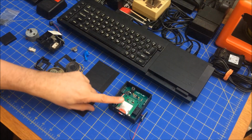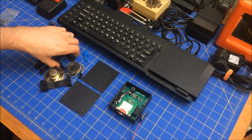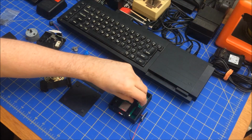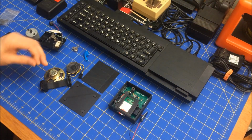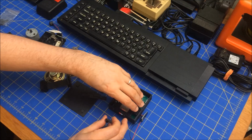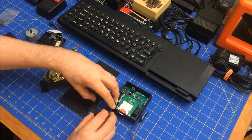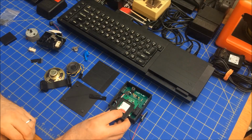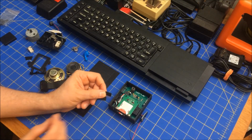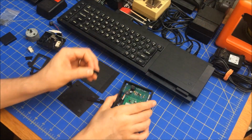And this is, I modified this. This is normally higher. Generally it comes with this piece, which I believe goes in here like that. It has a faceplate that sits in the front, and then it has this piece right here where this goes to the motherboard. So it adds a bit of height to the motherboard, and the height it adds is this height right here. You can see there's a pin that sits on top,